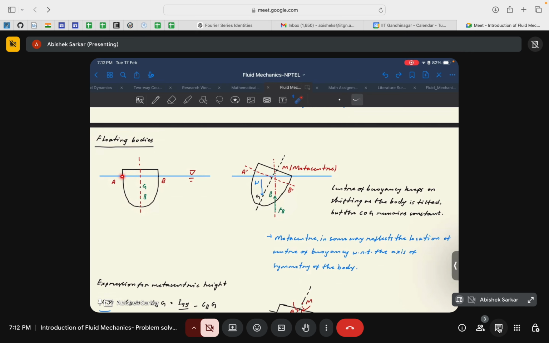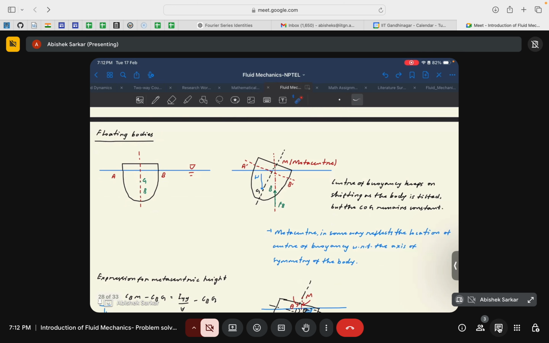Let the edges, this and this point, be A and B, and in this case you will see that the center of gravity, say, is G and the center of buoyancy is, say, B. Now consider that you give a slight